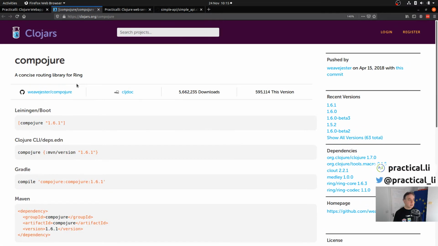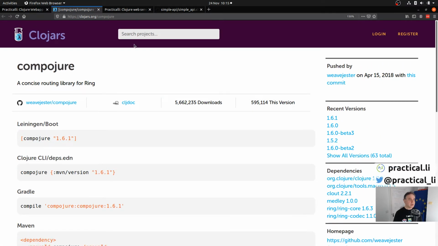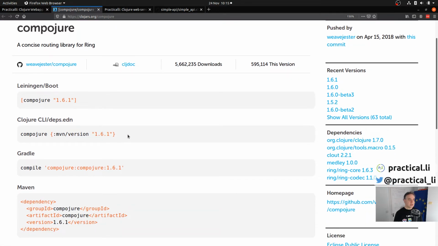There we go. Here on Clojars, I did a search for Compojure, and it came up with this page, and it's giving me the code snippets to put into my projects. If I'm running a Leiningen or Boot project, I just do a simple vector with this, but we're doing a Clojure CLI deps.edn project, so we're going to use this Compojure version here. So basically specifying we want to include the Compojure library,